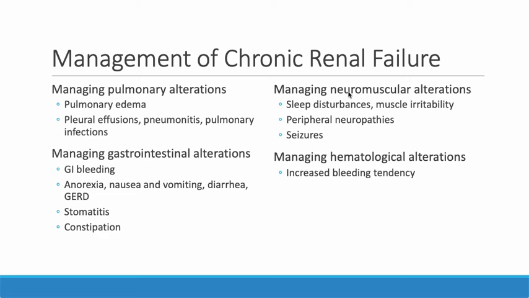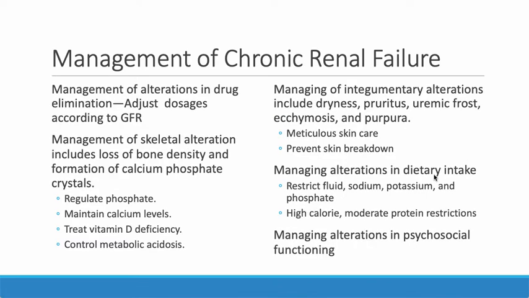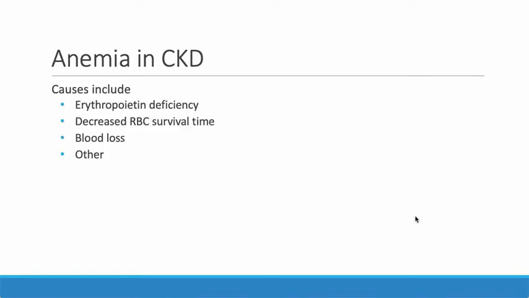We have patients with neuromuscular problems like seizures and tremors and sleep disturbances. And then we also have a tendency to bleed. And then there's other things as well: musculoskeletal alterations, integumentary alterations. The skin breakdown that can happen in these patients is pretty common. Managing their dietary intake to restrict fluids and sodium and potassium and phosphate, all very important issues. The anemia that happens in CKD,